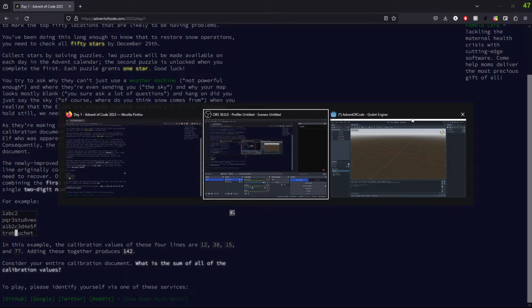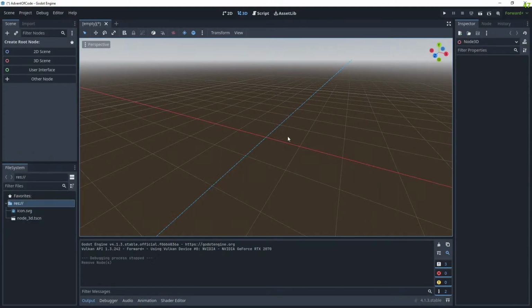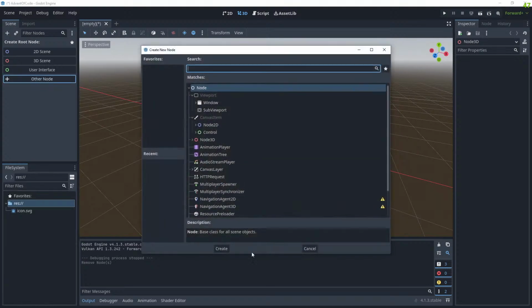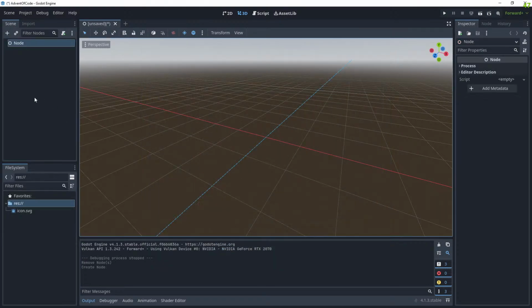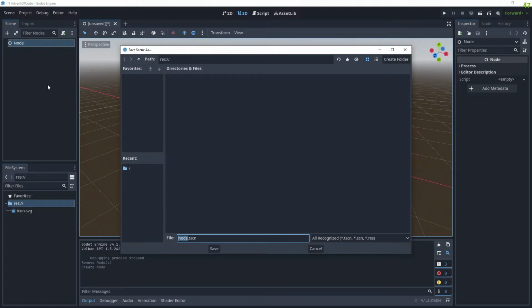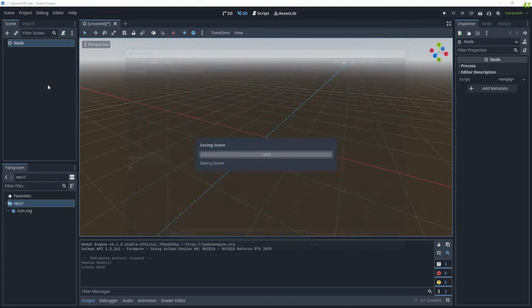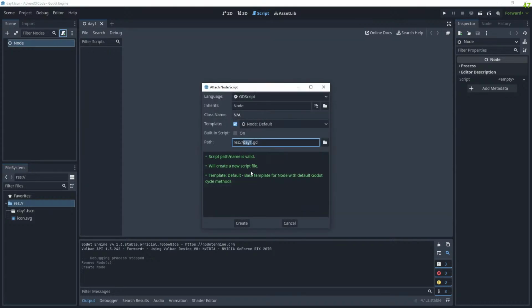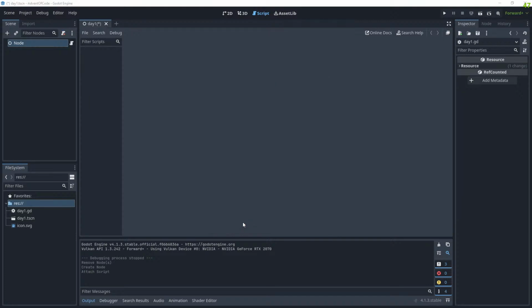if I do a little Alt-Tab over to here, I guess we can get started. So, the scene really doesn't matter because there's just going to be text and it's going to be processing the text, so there's nothing to see. But we'll call this day 1 scene. And then we need to come over to script. We need to add a script on here. We'll call this day 1 GD. And when we create this,